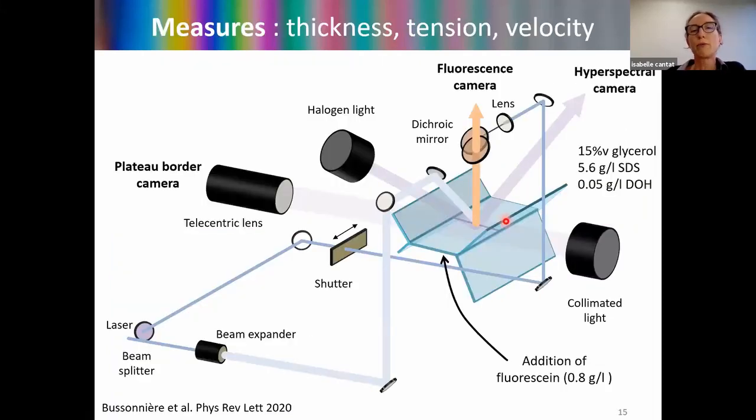So if we want to predict something, we need to measure something first. So we put cameras all around the setup. Here, one camera to measure the plateau, so the meniscus position and size. Another camera here, that is a fluorescence camera. Actually, we put some fluorescein in the foaming solution, so we can record with this camera the thickness field in